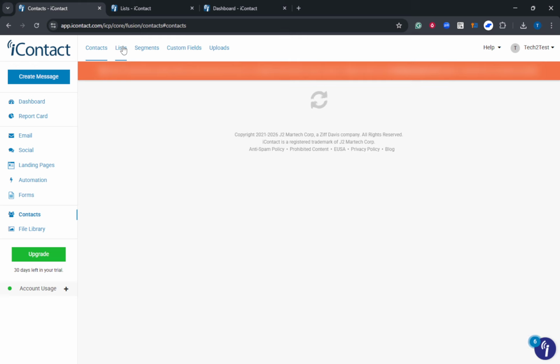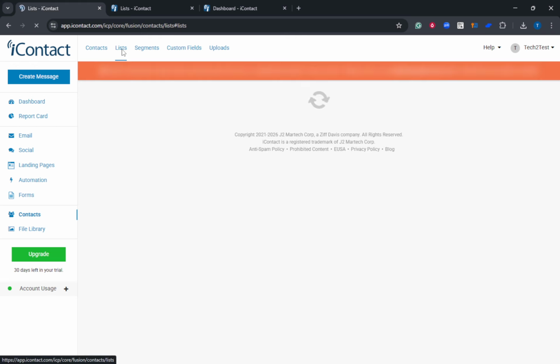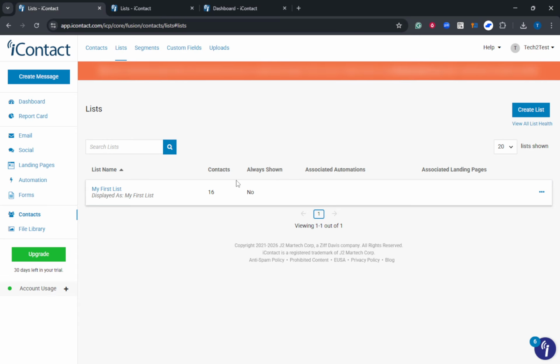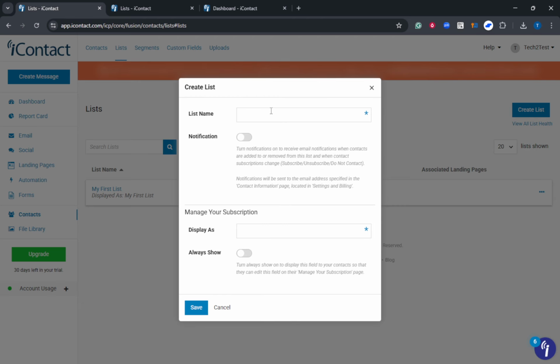Inside Contacts, select Lists. This page shows any lists you already have. If you're just starting, it may be empty, and that's perfectly fine. To create a new list, click the button labeled Create List, or it may appear as Add New List, depending